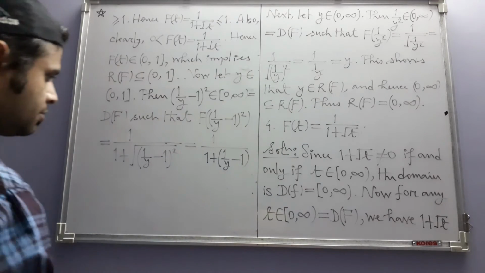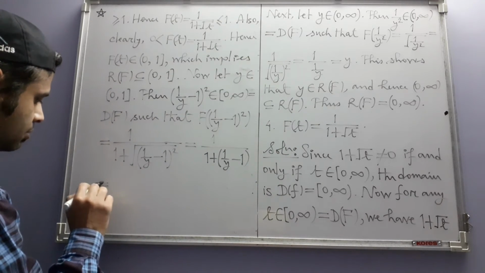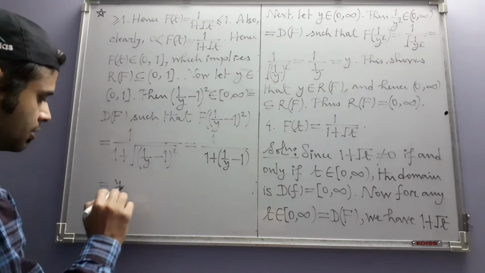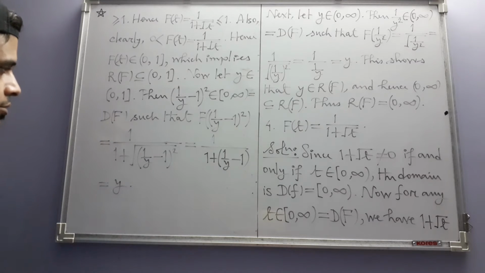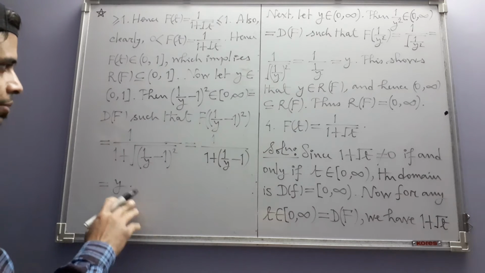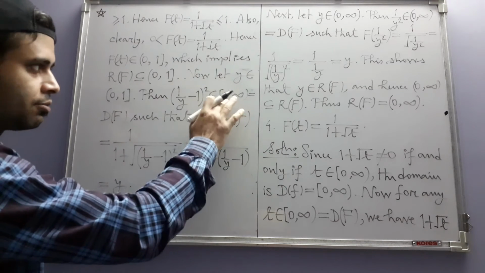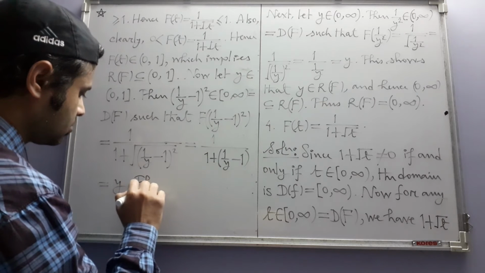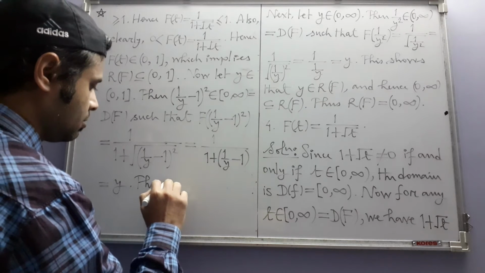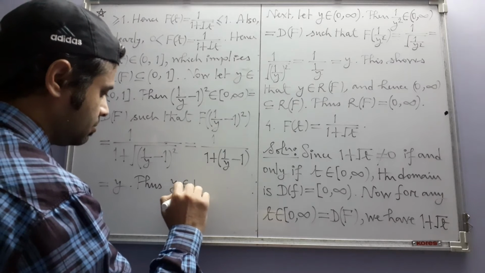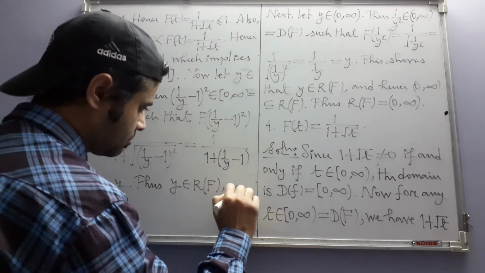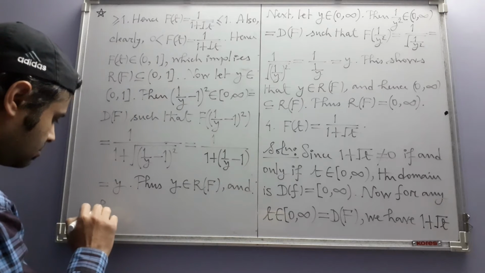And this, if you skip one step in between, this will ultimately be equal to y. So we have shown that y appears as the output of something from the domain under the function. Thus y belongs to the range of f, and hence